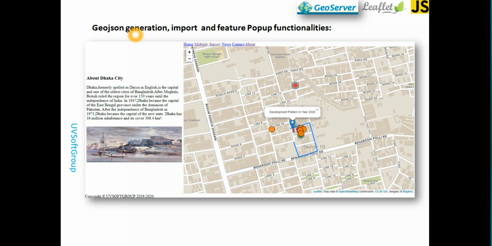Or you can generate it yourself from different sources, like from the PostGIS database. If you have database tables, you can export a table as a GeoJSON file, and then you can statically import this JSON file into your web pages. That's what I have here. A very simple example: you can have pop-up functionalities, color change, styling, and so forth. That's the input, how to import it, and the features for functionalities.